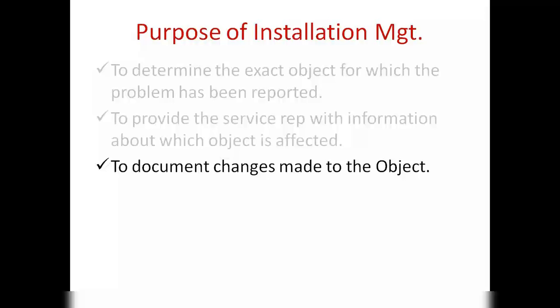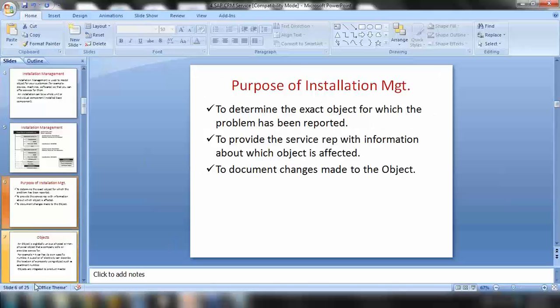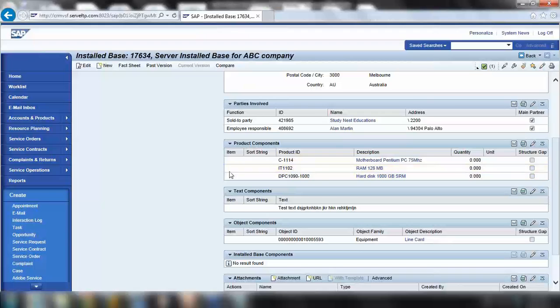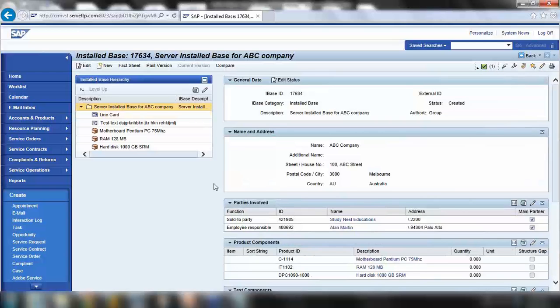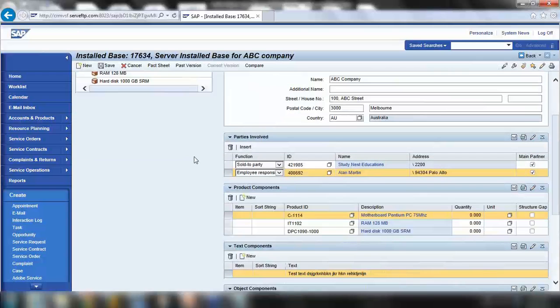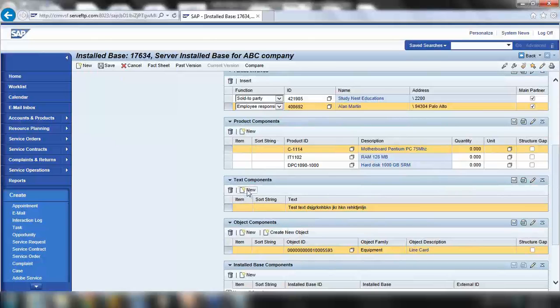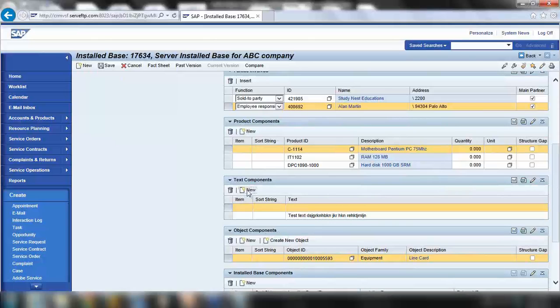And the next purpose is to document changes made to the object. Whatever changes they have done, we can document. For example, my service rep went to fix this hard disk and found that the hard disk was not working, and they replaced the hard disk. So what I'll do here is document the changes. For example, I can enter some text. I click on edit mode, I click on new, and I can say,